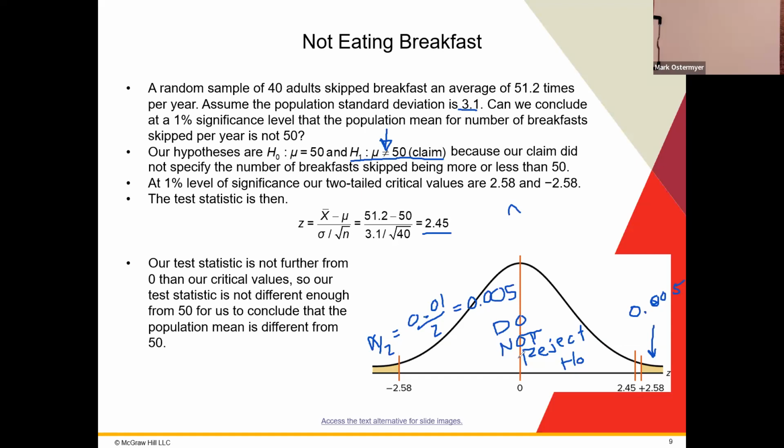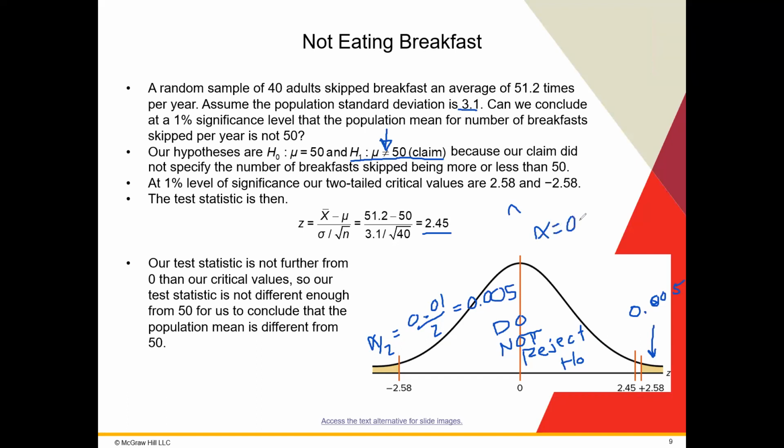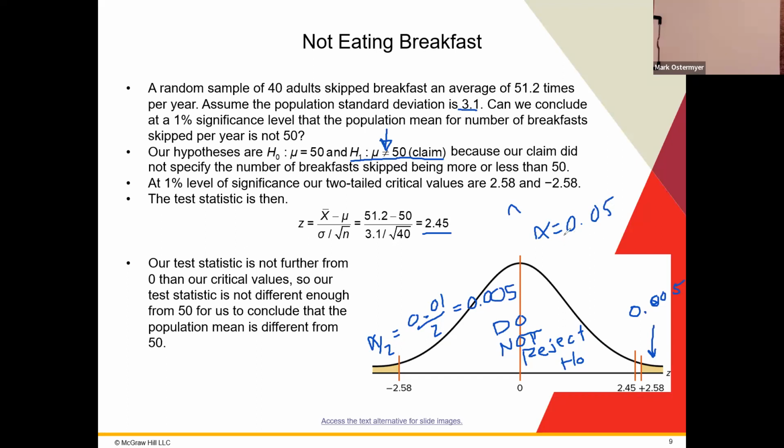Now I have a question for you. If I increase my level of significance from 1% to 5%, do you think we might be able to reject the null hypothesis then? If I drove alpha's value up to 5%. Yes, I think we probably would be able to reject the null hypothesis if we increased alpha up to 5%,